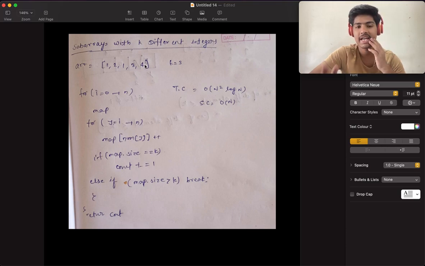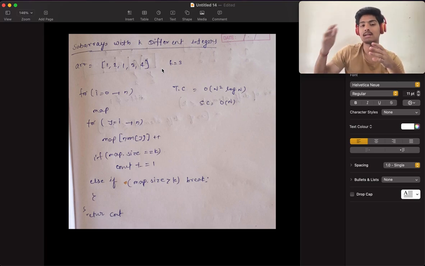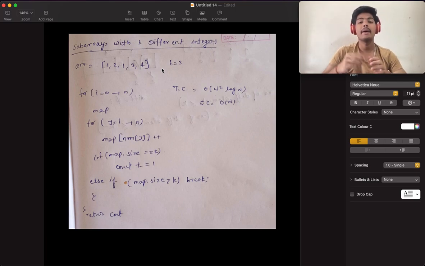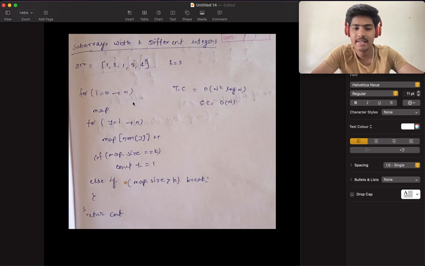These subarrays I can create from 1. Then I will go forward and take 2. Now 2; 2, 1; 2, 1, 3; 2, 1, 3, 4. These subarrays I can create. So like this I can create all the subarrays. Now I'll check whether my condition is valid or not in that particular subarray. For int i equals 0 to i less than n,